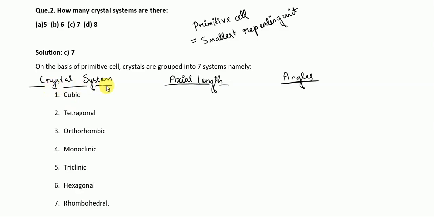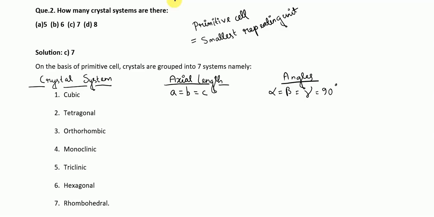So we have the crystal systems, then we will understand the axial lengths of each of them, and then we will understand the angles. So for cubic, imagine a perfect cube. In this system, all the 3 axes are of equal lengths, like 3 identical rulers. So we have all the axial lengths equal as well as all the angles equal. So we will write a equals b equals c and alpha equals beta equals gamma equals 90 degree